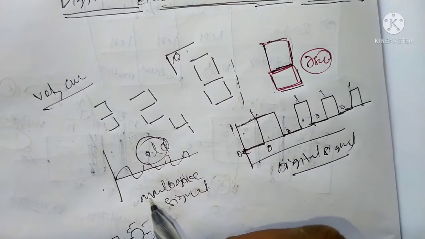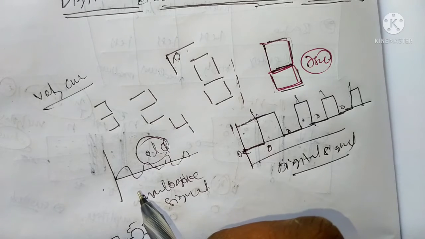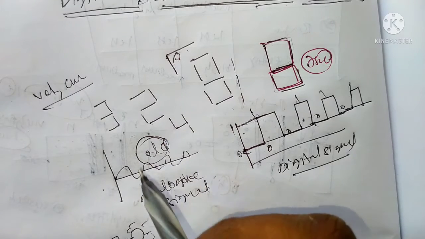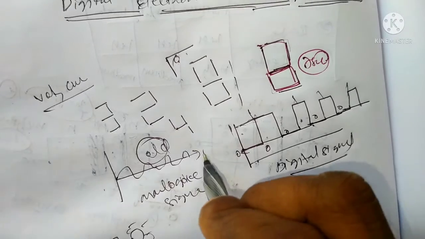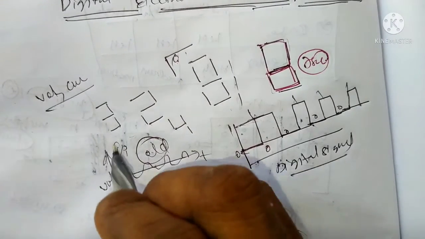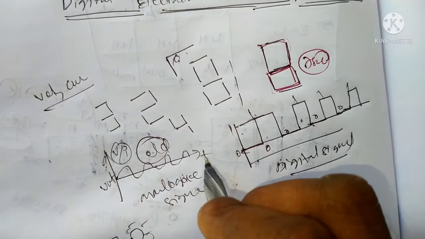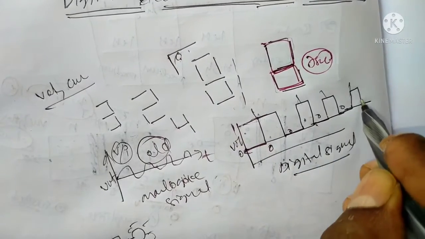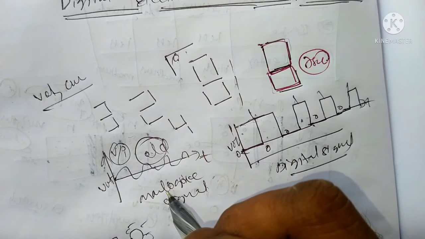This is the analog signal. It is the old model. Current and voltage are used in the form of voltage, as in amplifiers and oscillators. It can be a time-varying voltage or current. The amplitude of the current or the voltage changes with respect to time. This is the digital form, and this is the analog form.